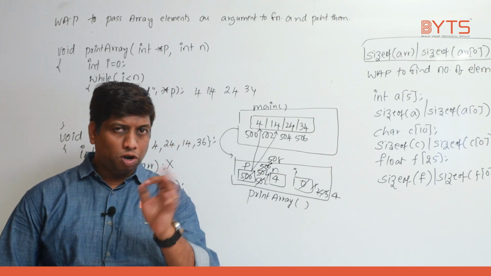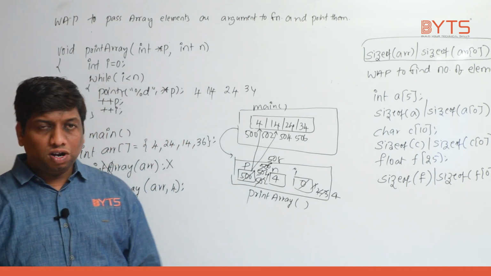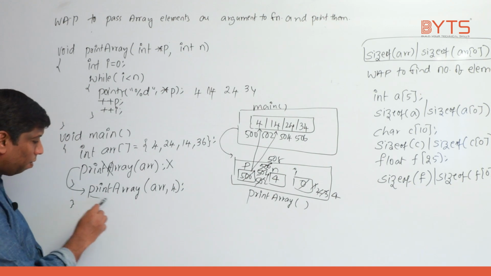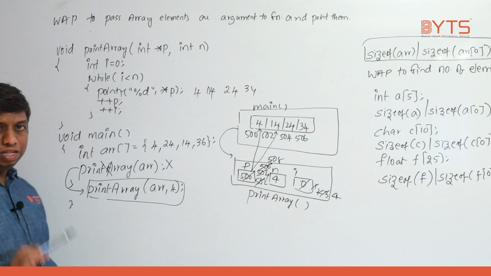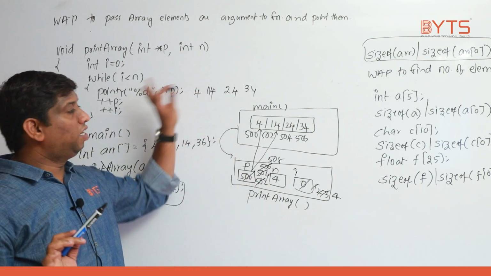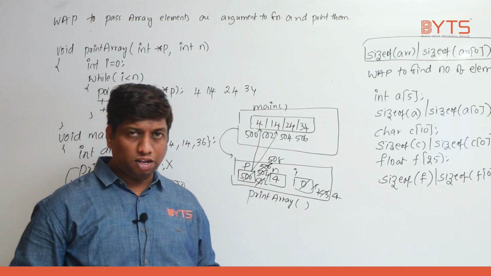Now listen, very important point. Going forward, this is a standard code you need to remember. So whenever I tell print array, this array is there with us and this array is taking care of printing. I hope this is very clear, right? So what is the question? Given an array, if any even number is there, that number should be converted to 0, and if any odd number is there, that number should be converted to 1.